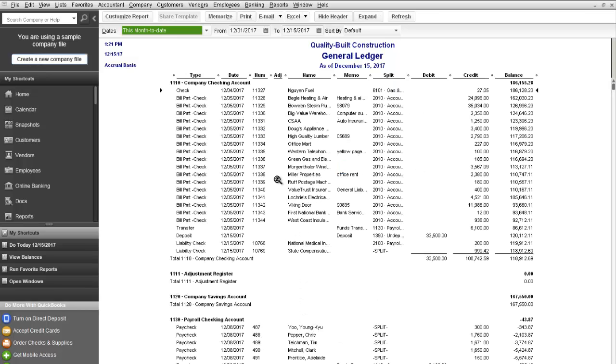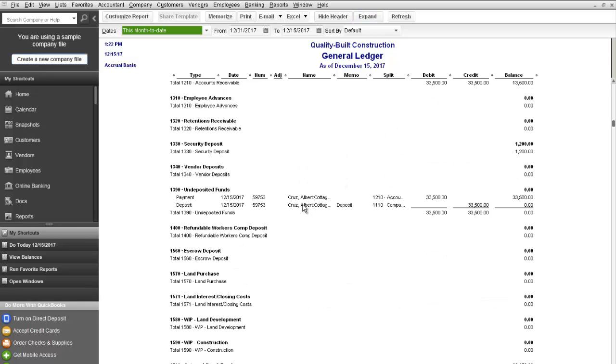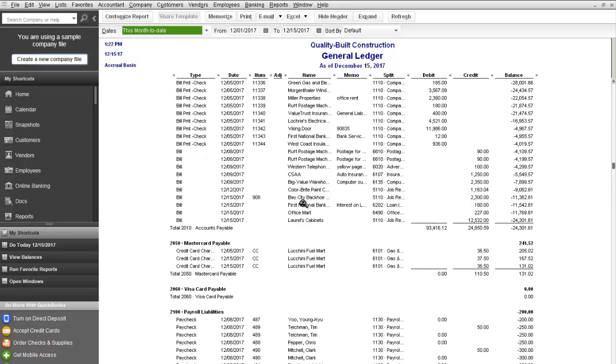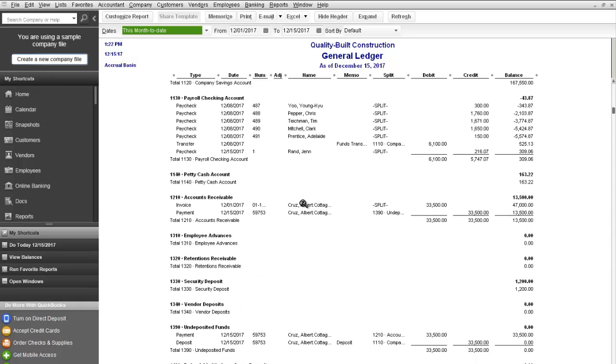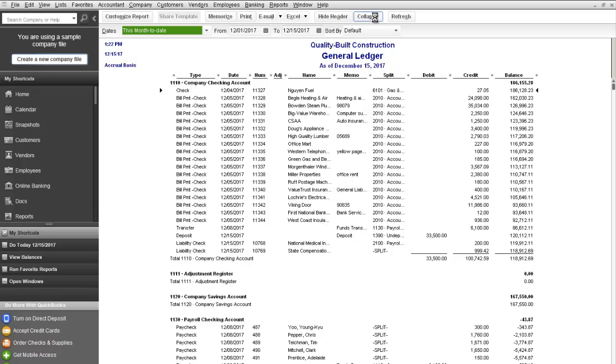But the general ledger report basically takes each account in your chart of accounts and lists the activity for that account. Some of these lines may be combined into a single line, and I'll show you on another report a better example of this, but you can expand or collapse the report